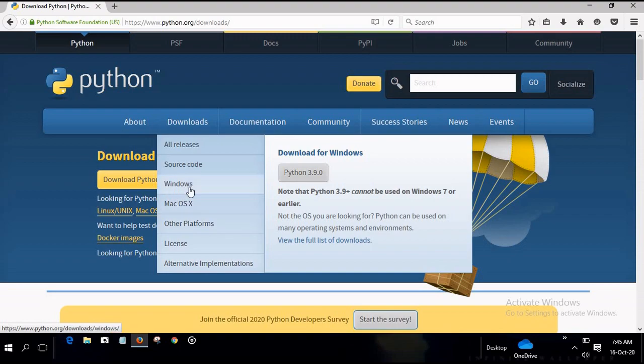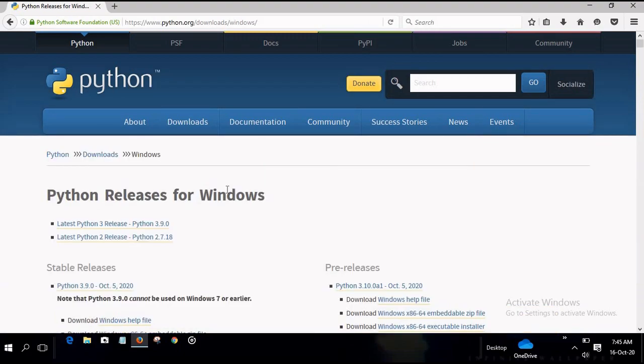My operating system is Windows, so I will click either the button Python 3.9.0 or Windows to know the latest versions of Python. Here you will see all the releases for Windows. See, latest Python 3 release, Python 3.9.0.